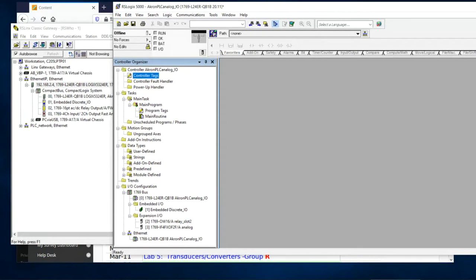They should not be under controller tags. Controller tags should only have tags that you want to be seen by all programs, or maybe that you're going to share with outside